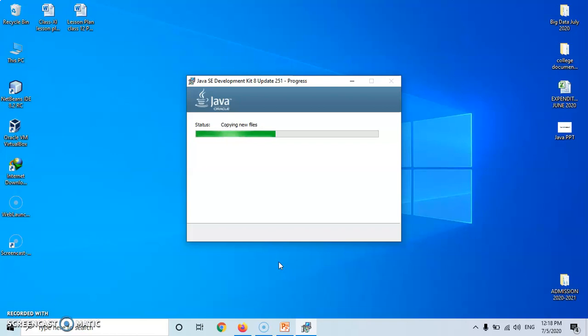Obviously this is the first step. Before you can start learning Java, you should be very clear on how to install it and how to make the various settings so that you can work easily with Java. And once we install Java and set the environment variable, the path variable, then we can also discuss how to run Java programs.